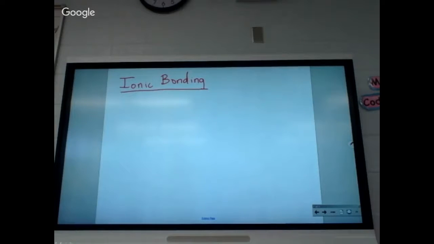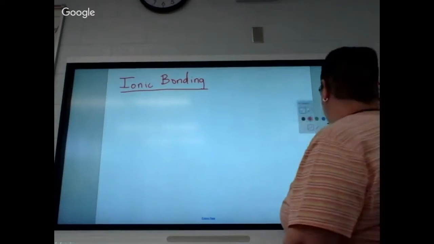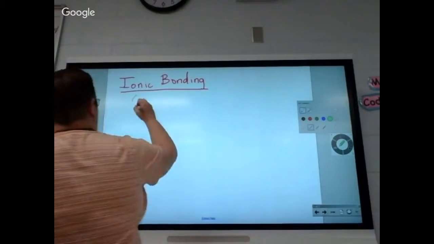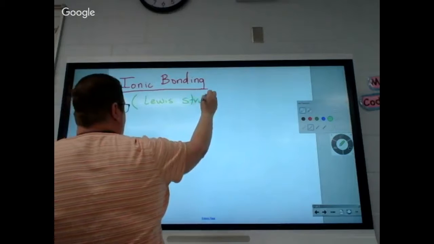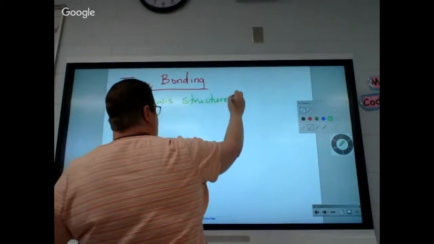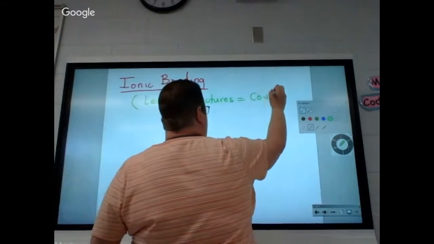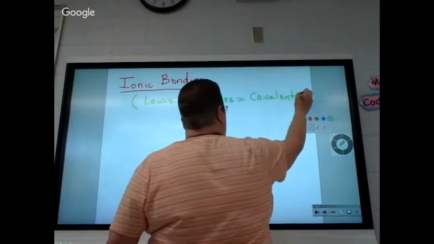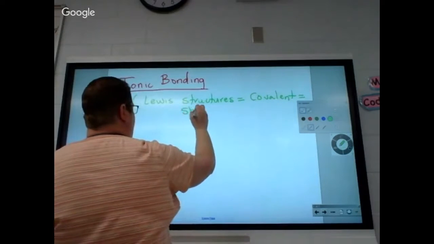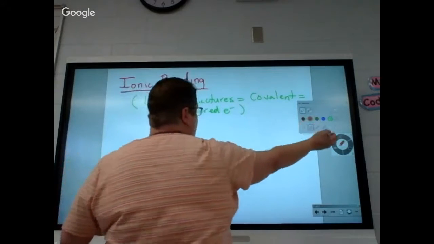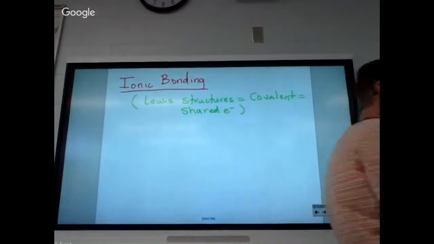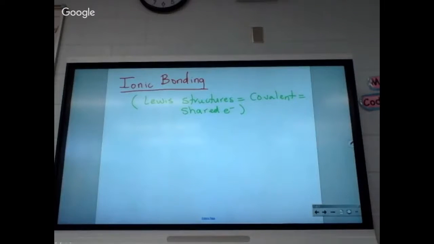No. Lewis structures are strictly for what? That's right. Lewis structures equal covalent, which are shared electrons. Now, given that we're going to talk ionic bonding for the next 15 to 20 minutes,